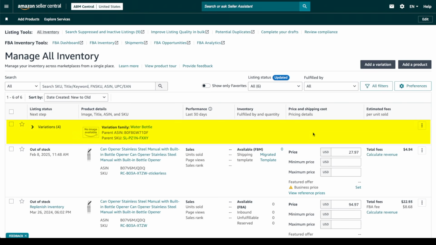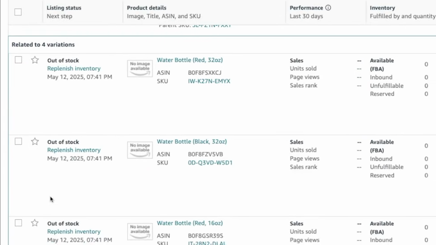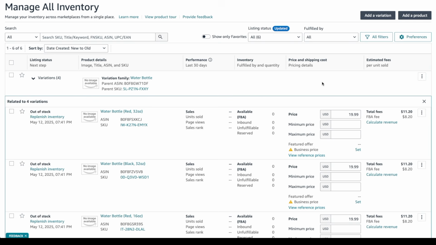The first way is to add your separate product listings to an existing parent-child listing. So for example, you can see here that I've already created this water bottle parent-child listing that we've already been using so far. You can see that there are currently 4 variations. So if I have a separate product listing for another bottle that I now want to add to this parent-child listing so that there would essentially be 5 variations, then back on the parent here, click on Edit Listing,